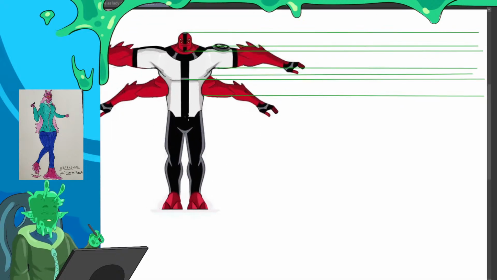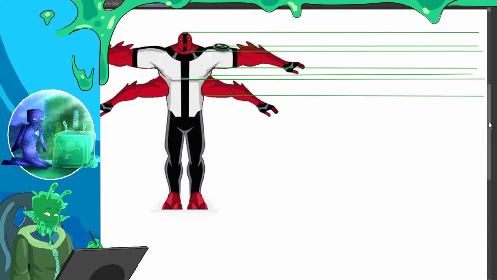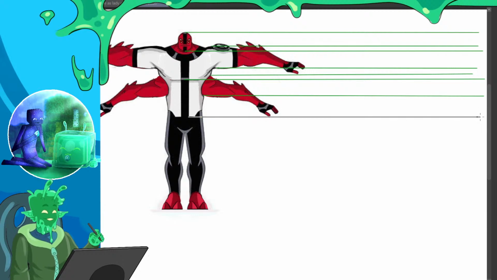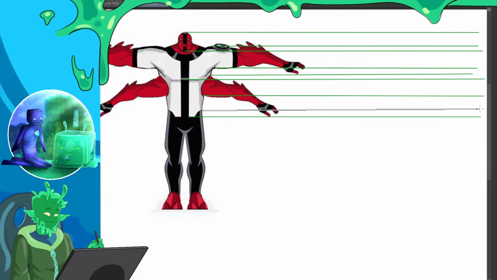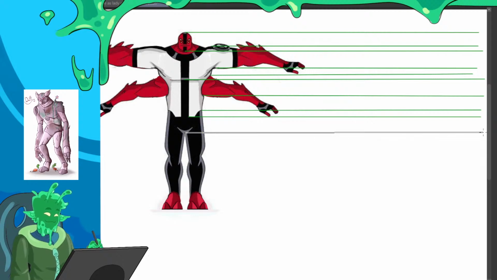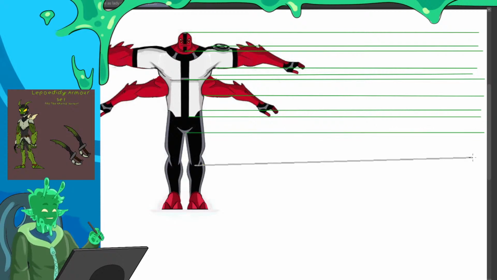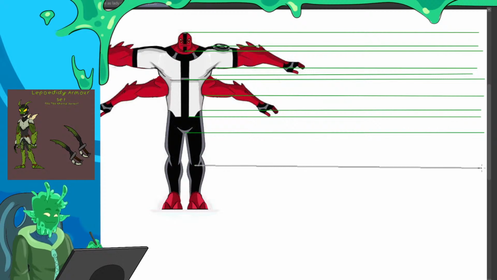Then there's going to be a line from here, because that's where that line has to stop. And I'm going to put one here, because that's where this line has to come up to, especially on the side. Then we have one at the very bottom of the crotch, and then one at the knee, so you can tell where his knee is.